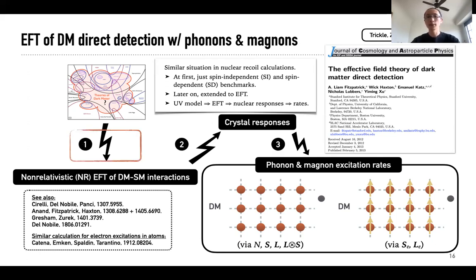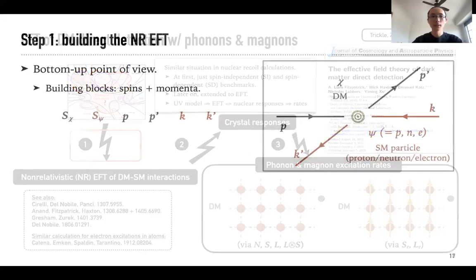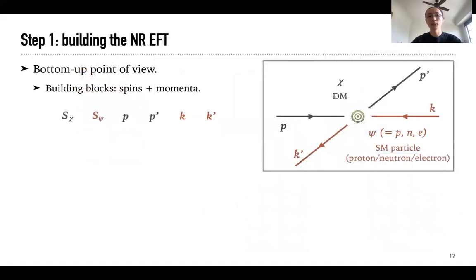So there are 3 steps in this flowchart. I'll start with the first step, which is to build the non-relativistic EFT. And as in any EFT application, there is a bottom-up point of view and a top-down point of view. From the bottom-up,